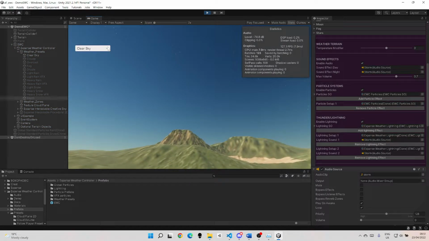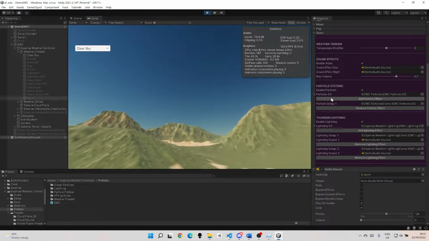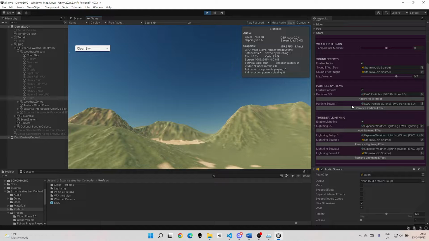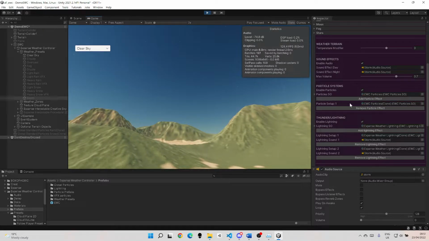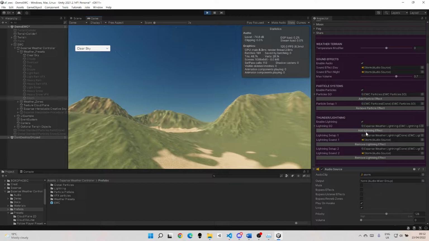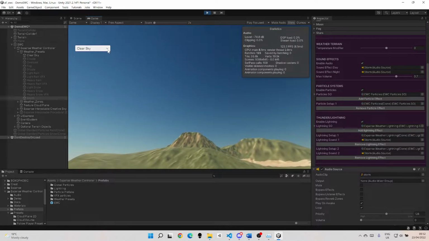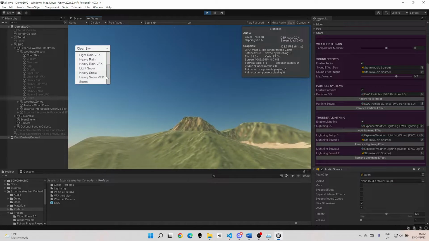Just to let you know as well, I've removed the actual particle max particle limit, so that's unlimited now as well. But obviously you don't want to add too many for performance reasons. That goes the same with the lightning. You can add as many effects as you want, but obviously it will have an impact at some point. So for instance, if we go to